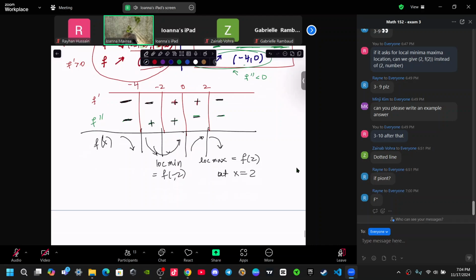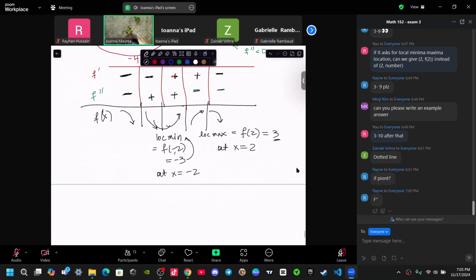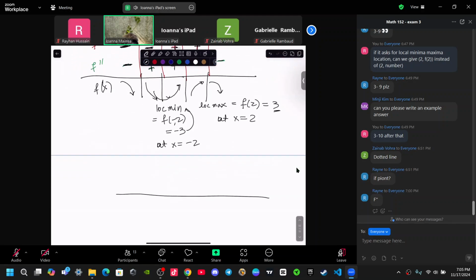Oh, they give it to you. f of negative 2 happens to be negative 3. f of 2 is 3, right? And it happens at x equals negative 2, right? That's the local minimum. This is the local maximum, right? And you can see, oh, let's sketch the graph. You can graph it. So when you graph it,